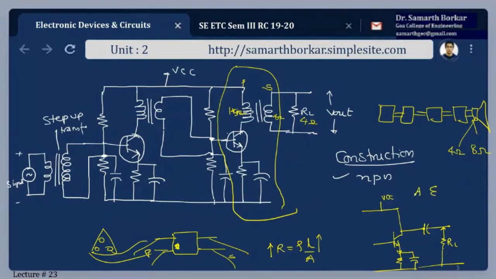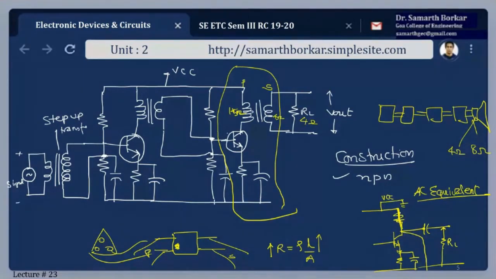now if I try to draw the AC equivalent circuit, what you will observe is that in the AC equivalent circuit, all the DC voltages are to be connected to ground. So this wire will be flipped here. Now, what have you achieved here? You're just shorting the output to the ground. So we have to avoid this kind of situation. We should not short the AC output to ground. For that reason, we have to have this resistor here, from the AC point of view.